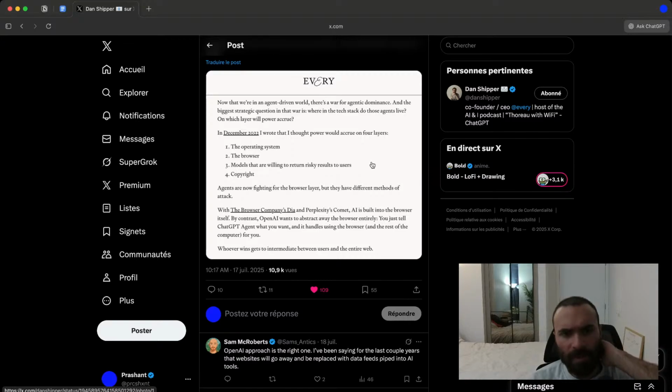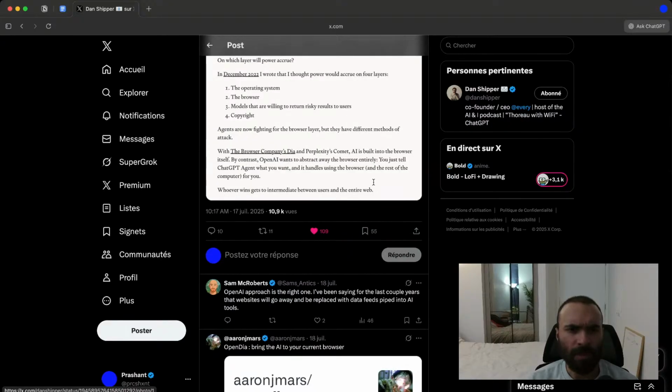With the browser companies Dia and Perplexity's Comet, AI is built into the browser itself. By contrast, OpenAI wants to abstract away the browser entirely. You just tell ChatGPT agent what you want and it handles using the browser and the rest of the computer for you. Whoever wins gets to intermediate between the user and the entire web.